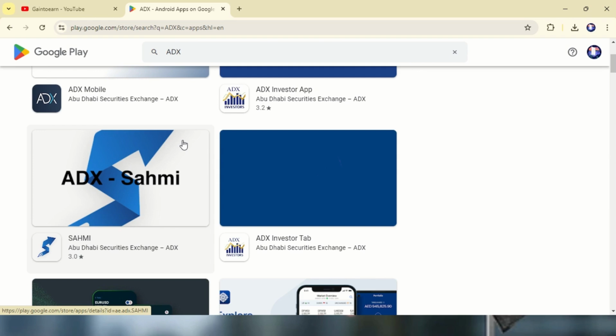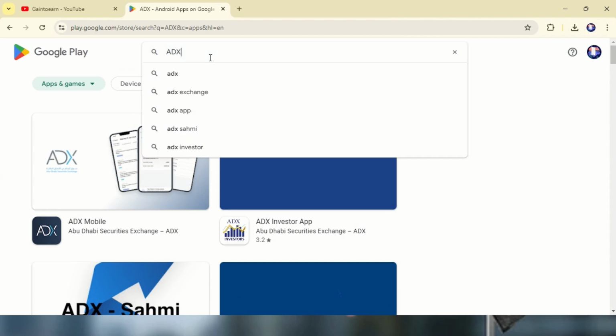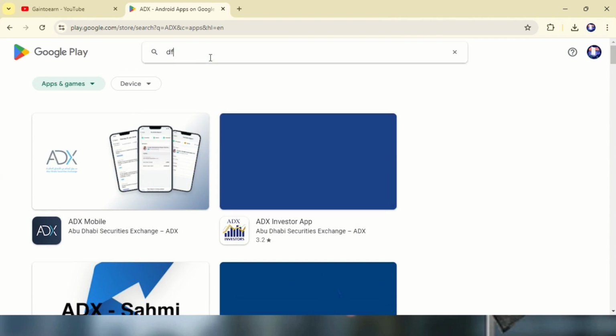In India, normally if you buy a dividend stock, the respective amount is automatically credited to your account, but in UAE it is not like that. You need to make a separate request in the respective exchange application. So these two applications are very helpful to you, so you can keep them downloaded once the broker setup is finished. The next application you need to download and keep is for DFM.